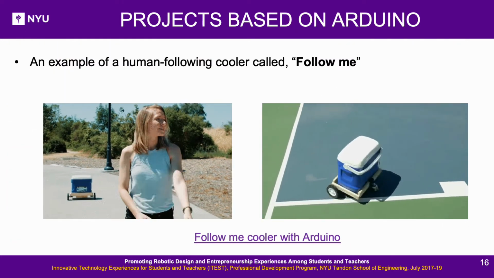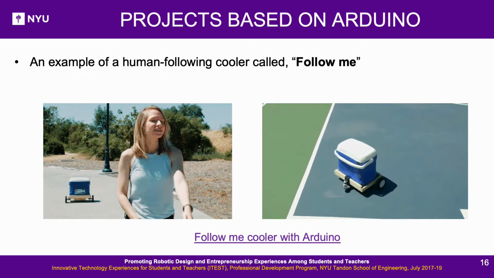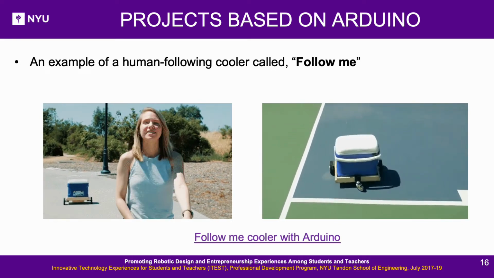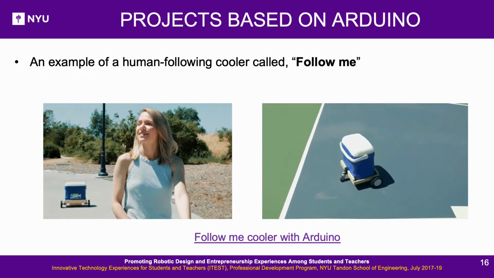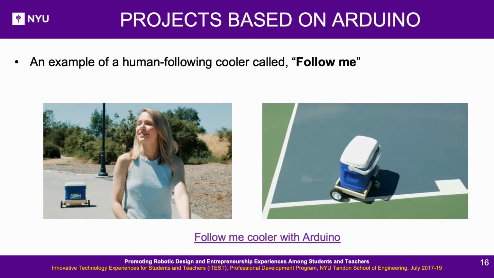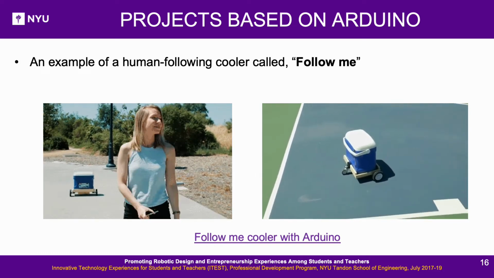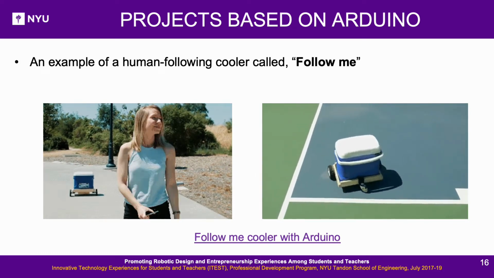An example of a human-following cooler called Follow Me is shown here. It carries a cooler and follows a human around. The robot cooler connects to a smartphone via Bluetooth and uses GPS to navigate. All the electronics are placed on the base or the chassis to be able to carry other objects on the